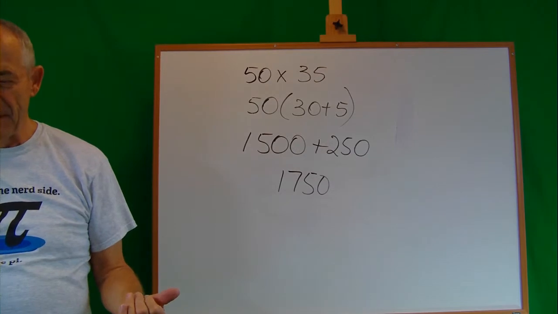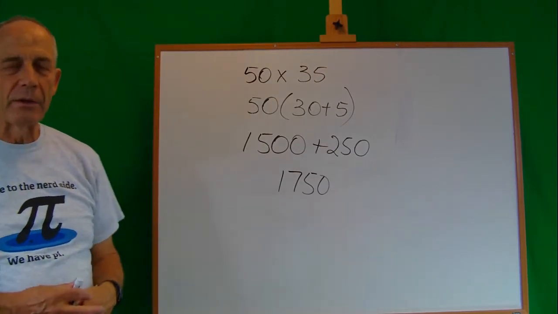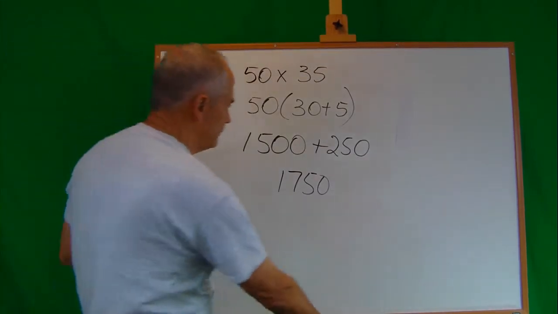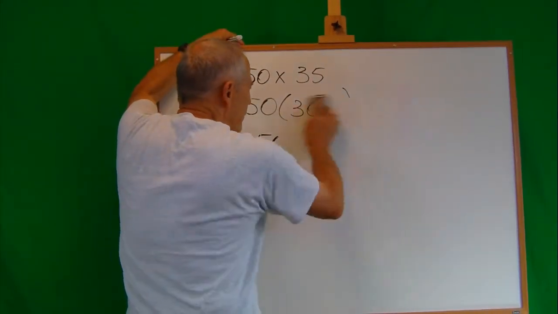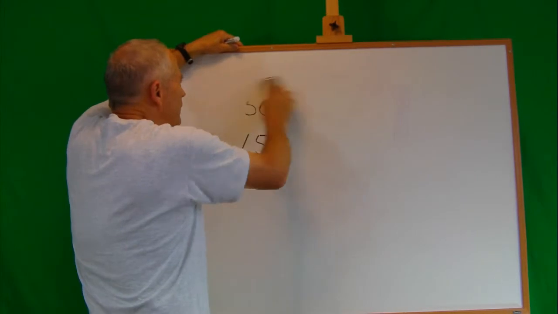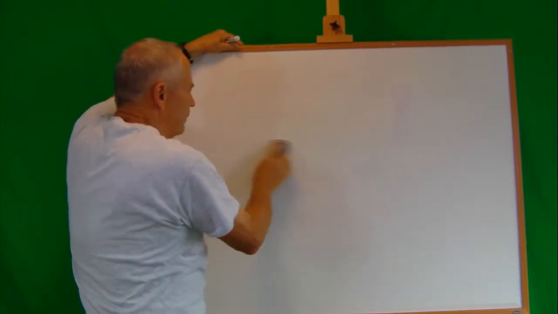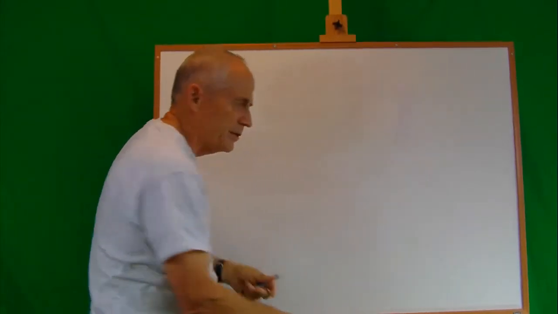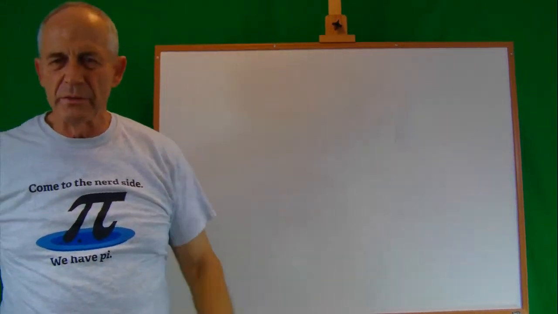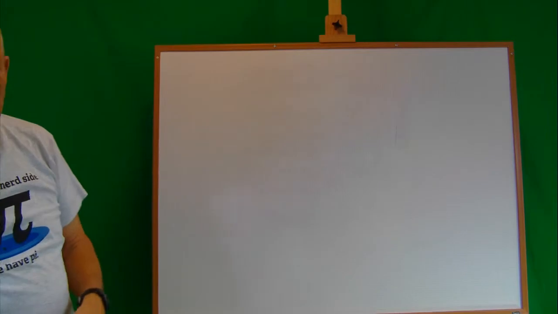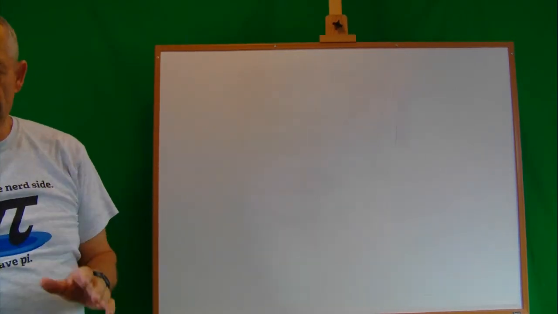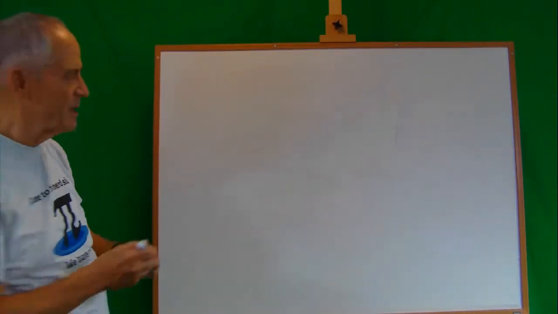Okay, now I'm going to show you one other thing about multiplication that is quite helpful, or it is for some people. If you're okay with what you've always done with multiplication, this might not be something you're interested in, and that's okay. This is just helpful for some people. If I want to multiply 723 times 7,